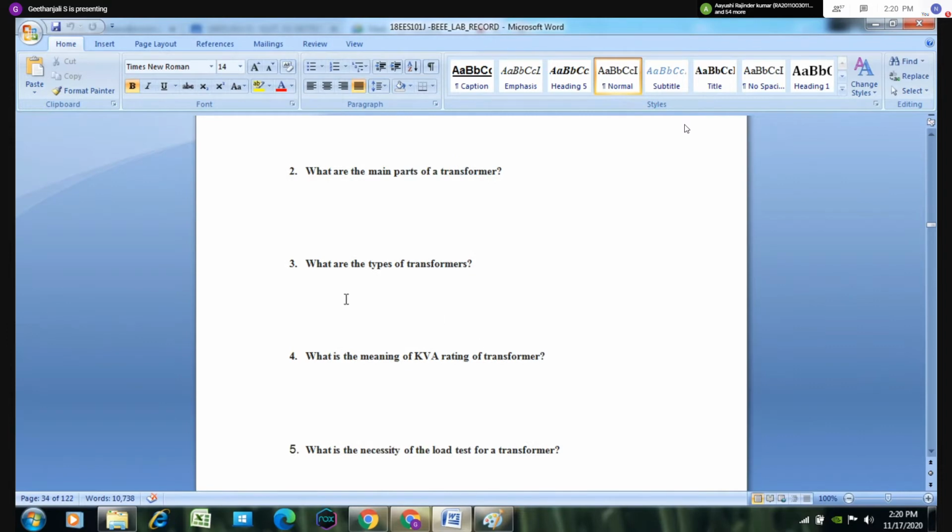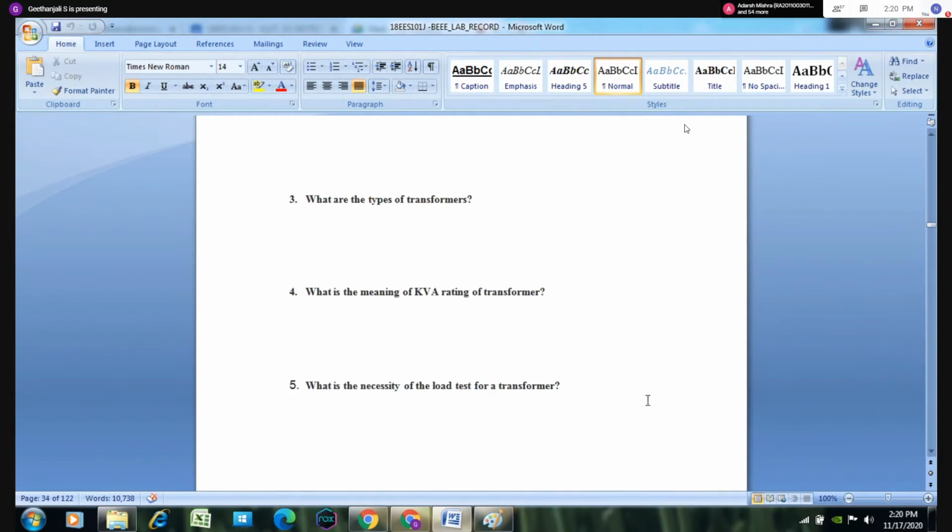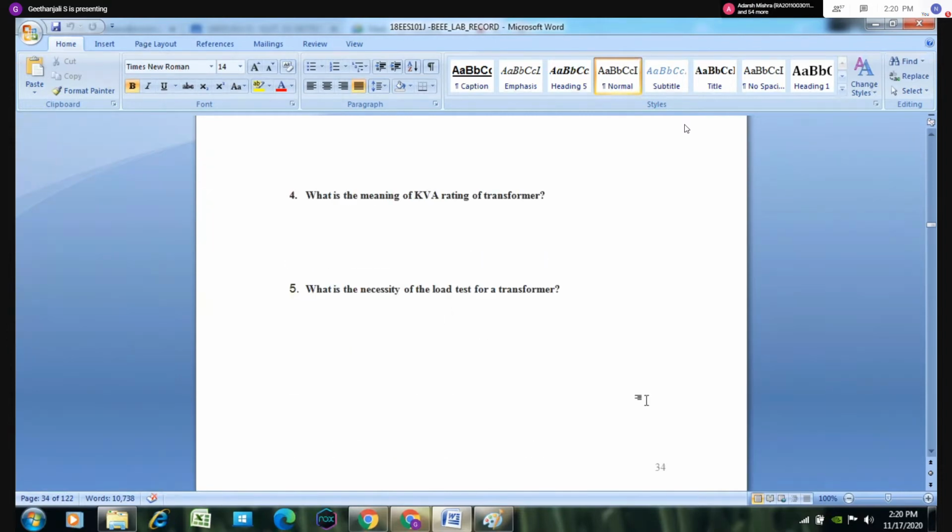Here you have to mention the KVA rating. These answers are available in the textbook, as well as by searching the net. But by searching the net, the answer should be a valid one. You should not write many answers that are available in the net; the answer should be the exact one, and 100% correct. Then only you can get the correct mark for the pre-lab questions.